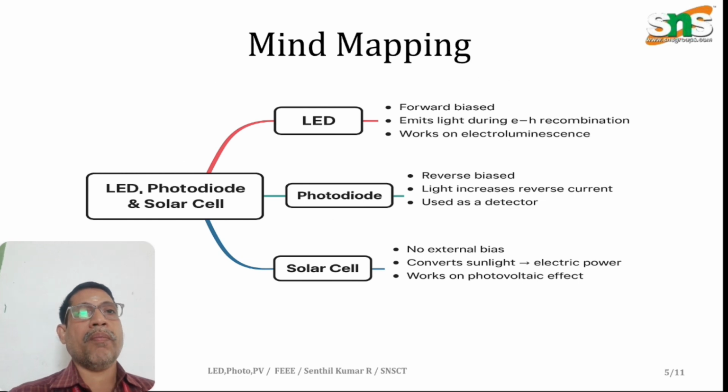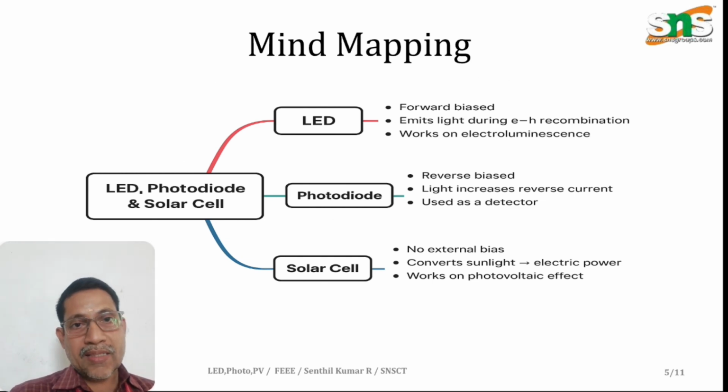As the mapping of mind, the LED operates in forward biased conditions. When electrical energy is given to an LED, light emitting diode, the electrical energy is converted into light energy with the help of the electroluminescence effect. You mean it works on the principle of electroluminescence, and it is always in forward bias conditions. It emits light during the electron hole recombinations, whereas in the solar cell,